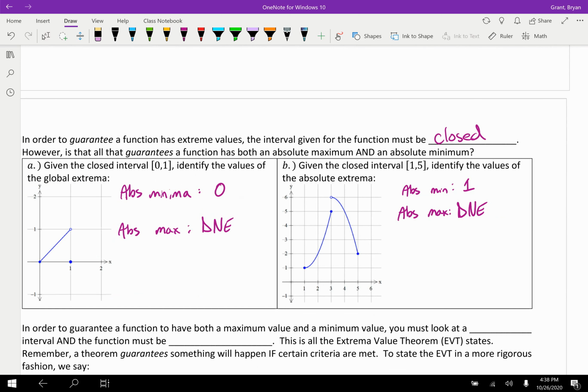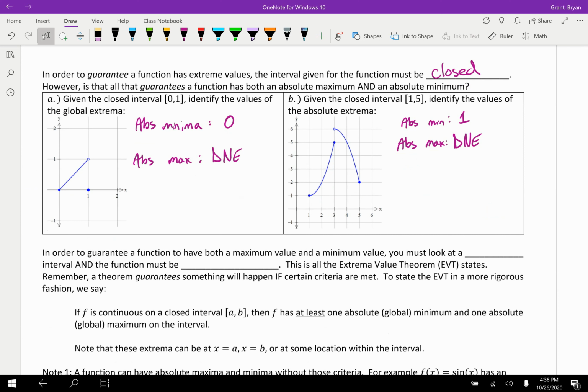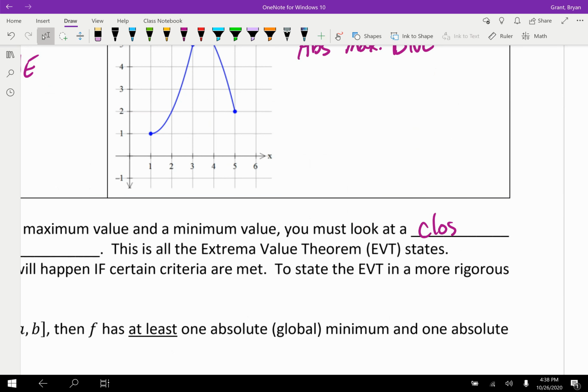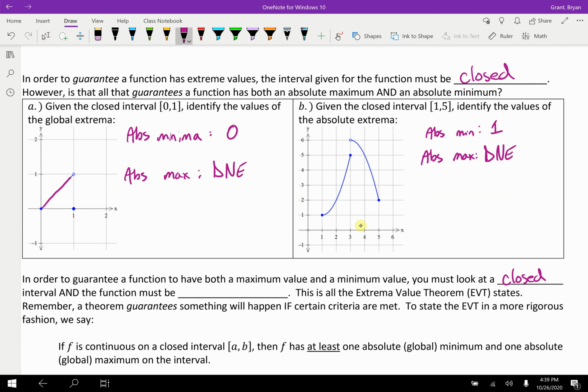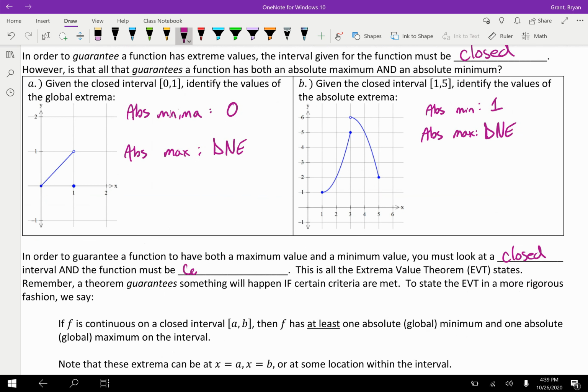So what else do we need to do? Well, in order to guarantee a function has both a maximum value and a minimum, and really it should say an absolute max and an absolute min, we actually have to look at a closed interval like we did before. And what's the issue here? Well, if I trace this, have to pick up my pen, trace this, have to pick up my pen, that is our beginner's definition of continuity. And so a function must be not only on a closed interval, but also continuous